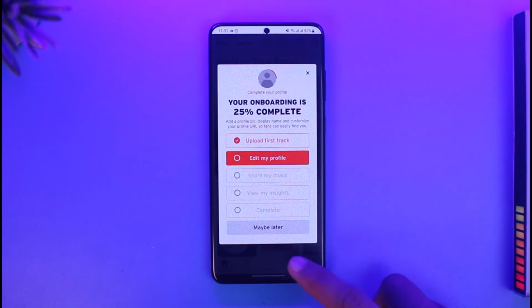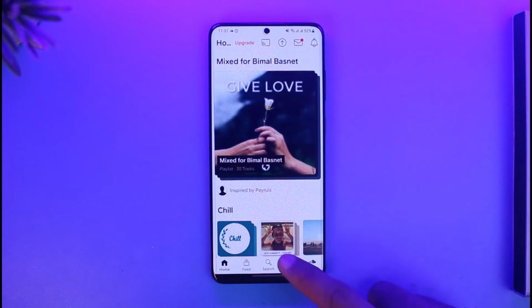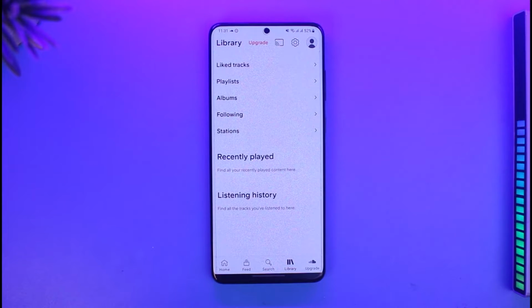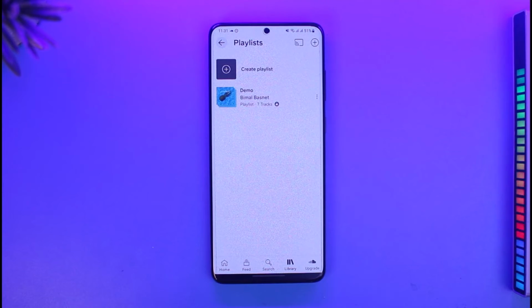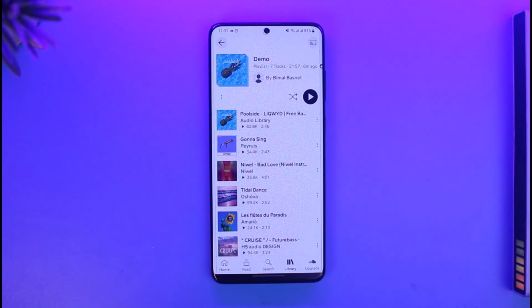Then just come to your library tab from the bottom right hand side of the screen. Then once you come to the library tab, you'll find the option called playlist, which is at the top, and then here you'll be able to see the playlist that you have created. Then just tap on that playlist, and then here you can see a list of different songs inside of this